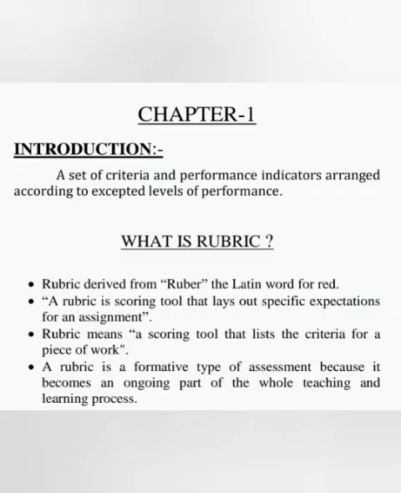Chapter 1. Introduction. A set of criteria and performance indicators arranged according to accepted levels of performance. What is rubric? Rubric derived from ruber, the Latin word for red. A rubric is a scoring tool that lays out specific expectations for an assignment. Rubric means a scoring tool that lists the criteria for a piece of work. A rubric is a formative type of assessment because it becomes an ongoing part of the whole teaching and learning